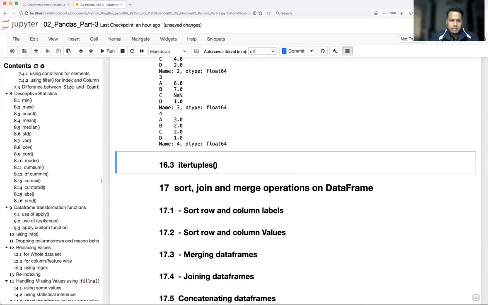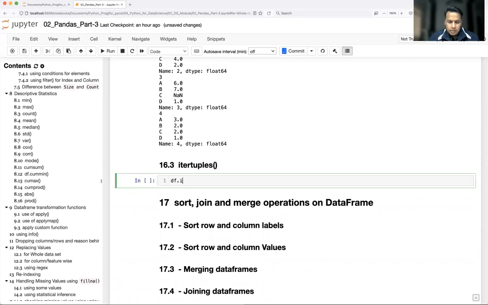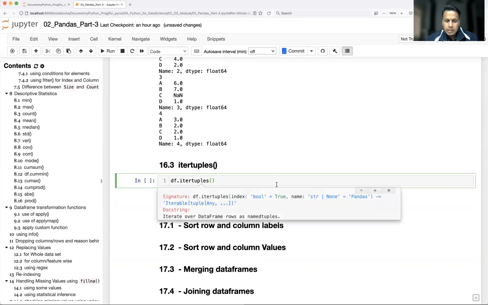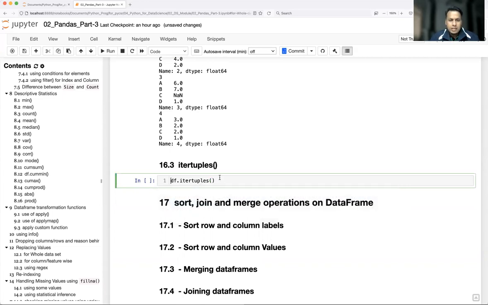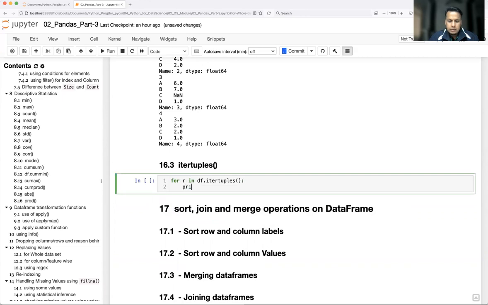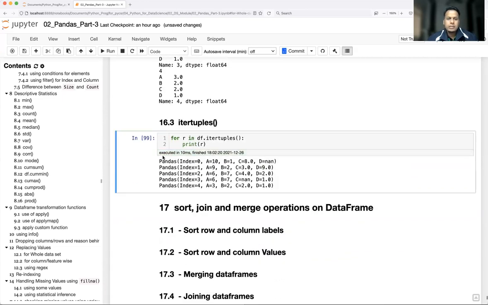Now let's see what itertuples does. df.itertuples. What does it return? Iterate over data frame rows as namedtuples. So it is going to iterate over each row. For r in this, print r, you see here.